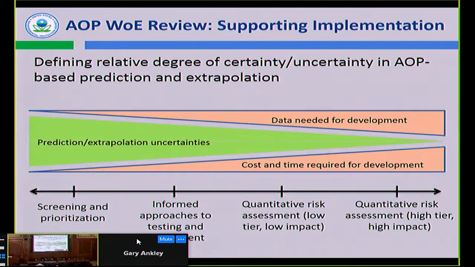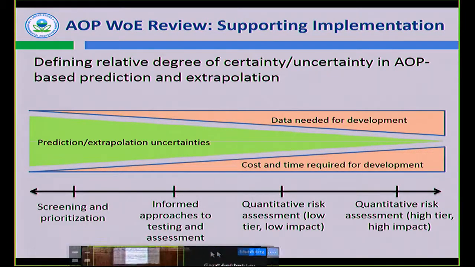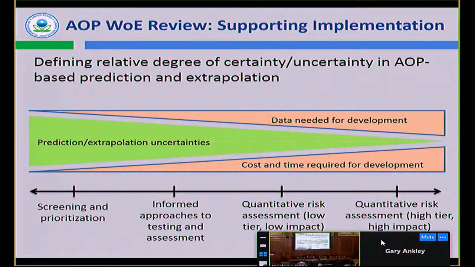As I mentioned, another important activity, both here within US EPA and internationally, has been the development of approaches to review the robustness of AOPs and AOP knowledge. This is obviously critical to support implementation. You could have, for example, AOPs at all different levels of development. Those that are more uncertain, less well-defined, we often call putative AOPs,